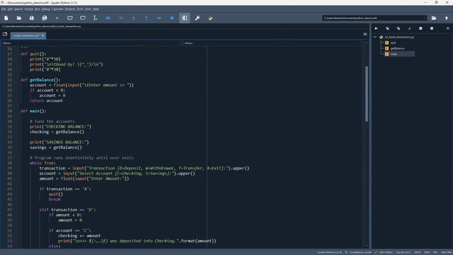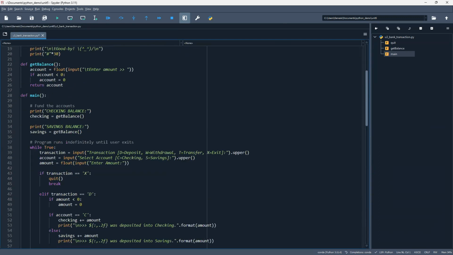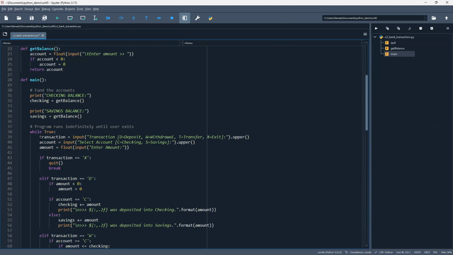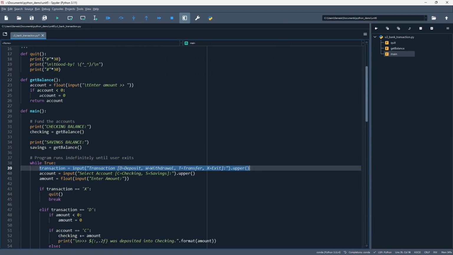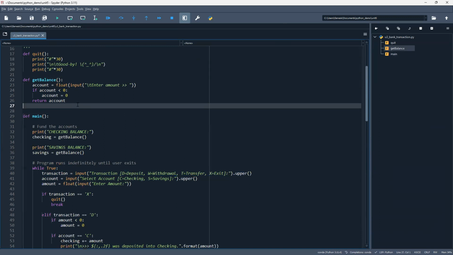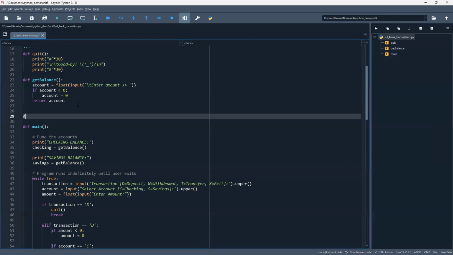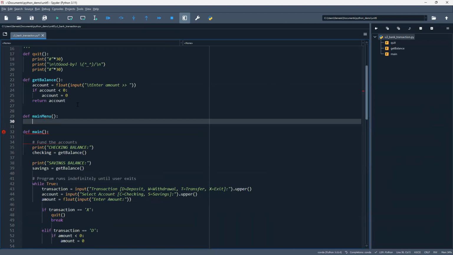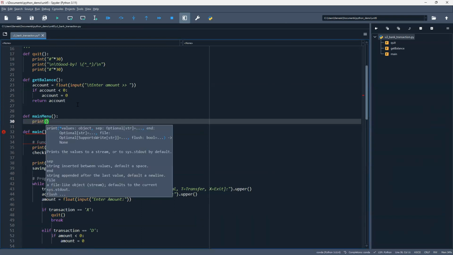Okay, so then the transaction part. First, let's get the menu. This part here is the menu. I'll make it a nicer menu. Let's go up here. You're going to create a function. This is a helper function. I'll call it main menu. It takes no parameters, and I'll make it so that it has a